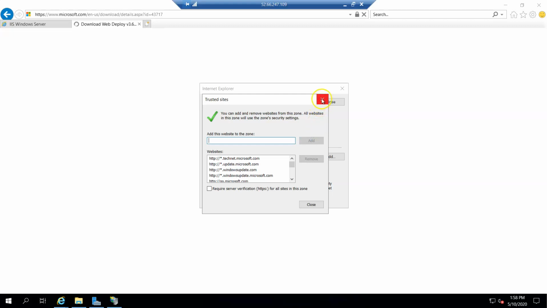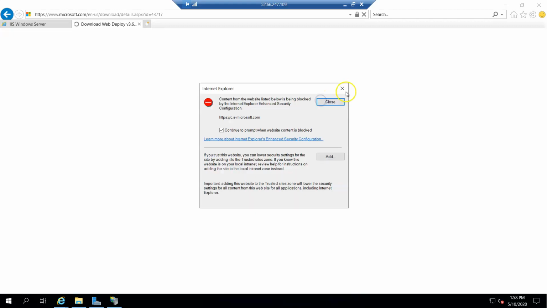It just kept on asking whether these websites are trusted. I'm just adding those websites under trusted. That's fine.